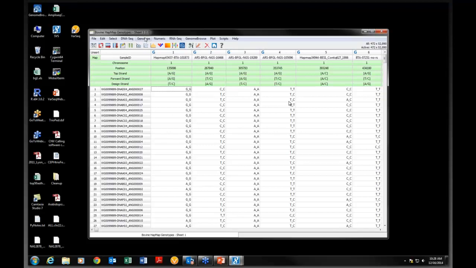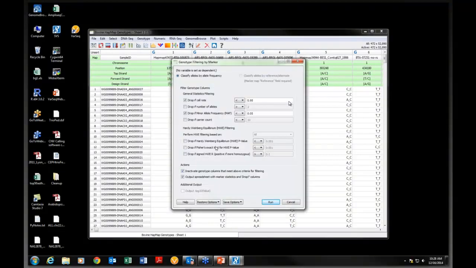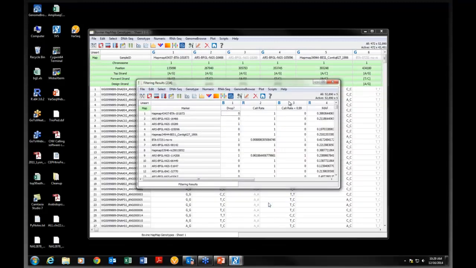And in this case, what I'll do is, from the genotype menu, choose this option to filter genotypes by marker. And what I'd like is to identify a set of SNPs with very high call rates so that we don't need to worry about missing data. And I'll set it at 99% here for call rate. And we'll look at a minor allele frequency of at least 5%, something that's going to have statistical power to discern between groups in the data. So we'll let this run. It goes very quickly. When it finishes now, we see